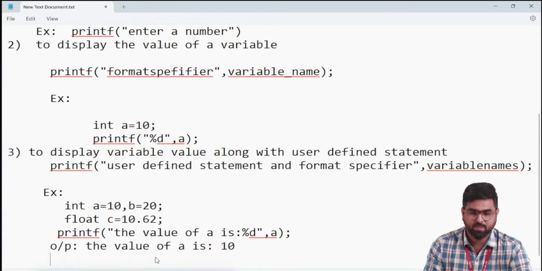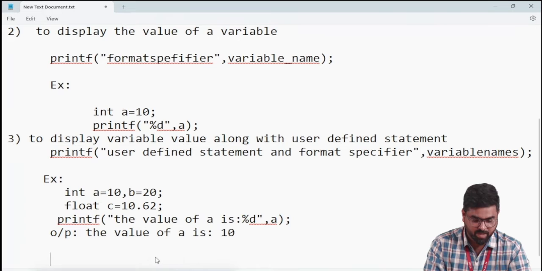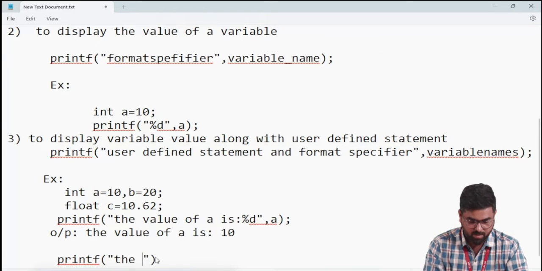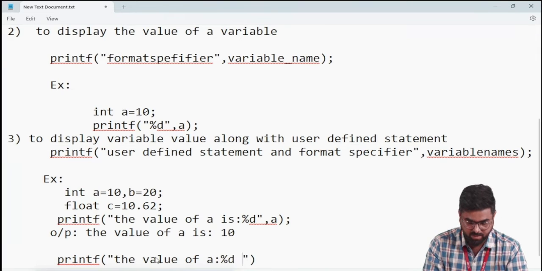If you want to print multiple variable values at a time, whether of the same type or different types, it is also possible by using the printf statement. Let me take one example for this. printf, the value of a. I want to print the value of a here, so I am writing it like this: %d and